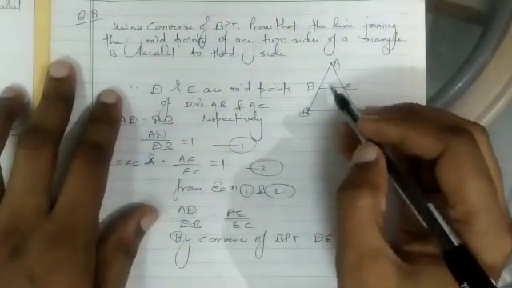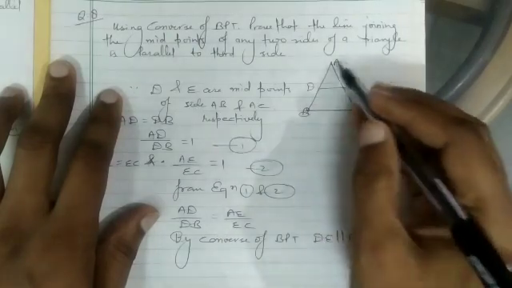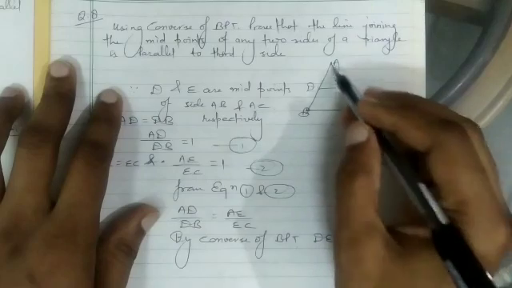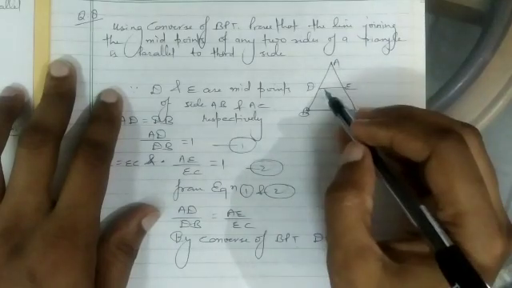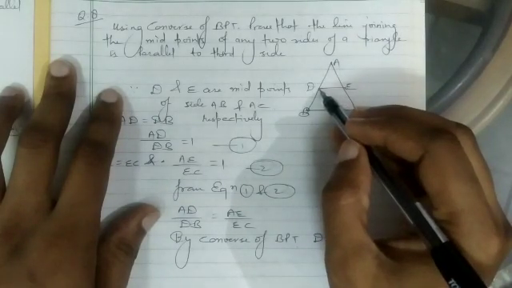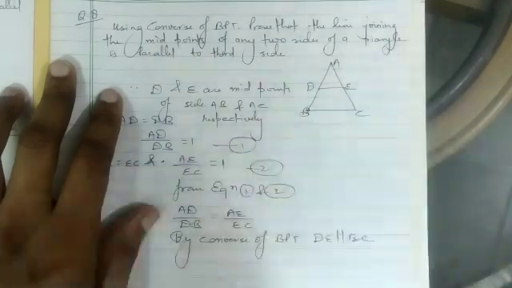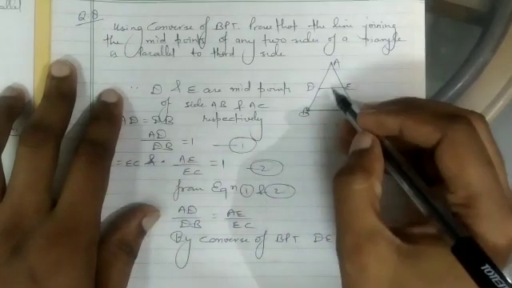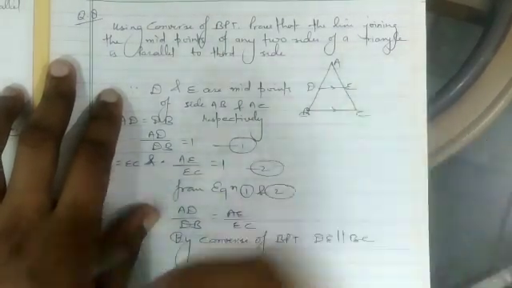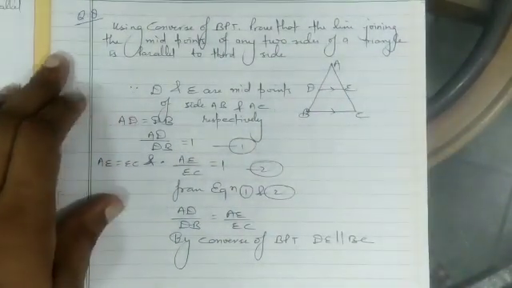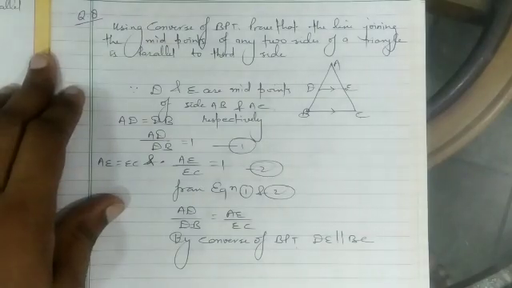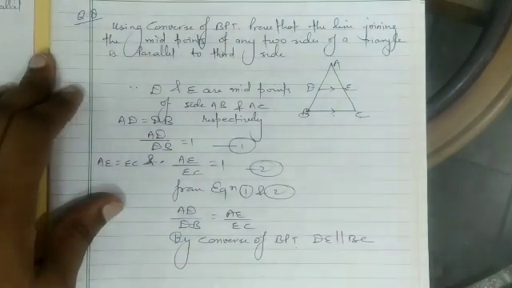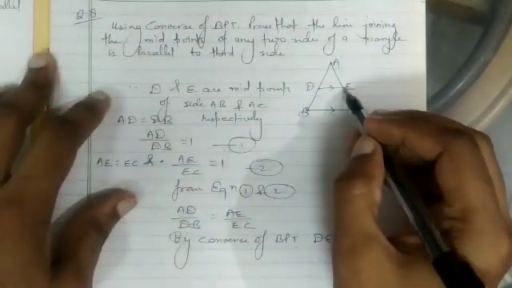Here it is saying that the line joins the midpoints of AB and AC. DE is the line which is joining the midpoints of AB and AC, where the midpoints are D and E. This DE line is parallel to BC. This we have to prove. Fine. So how do we prove DE is parallel to BC? What are we given here? We are given D and E are the midpoints.